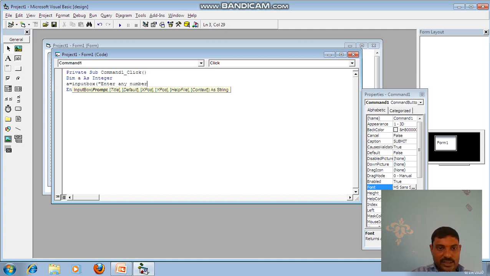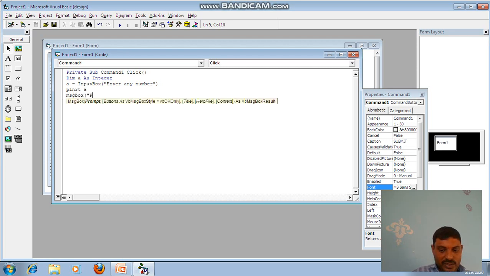Then I'm showing this number onto the form with Print a. Then MsgBox "Process completed". Closing this one. This is the procedure to write the code.